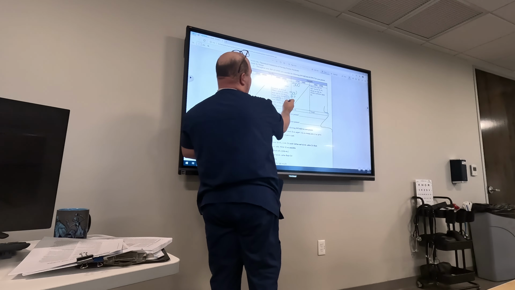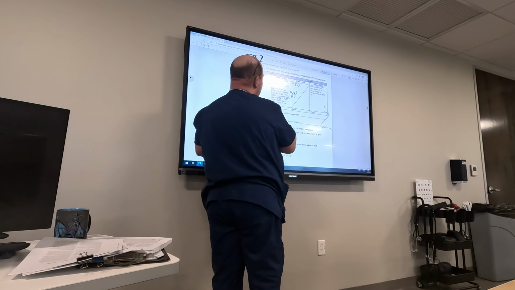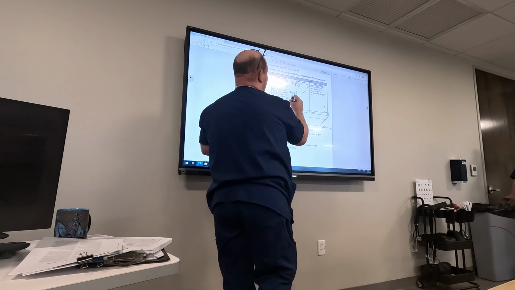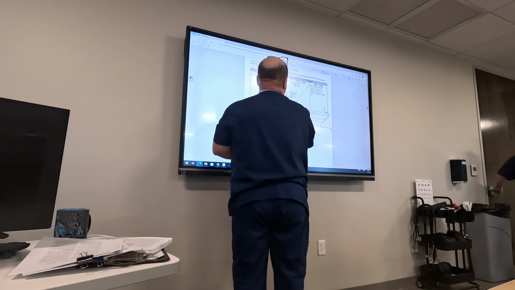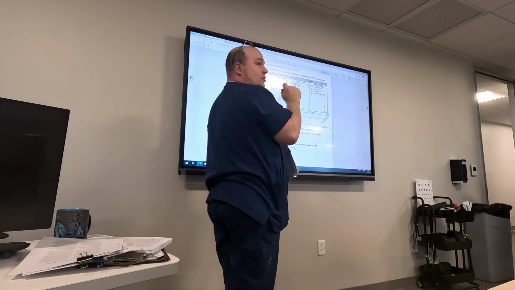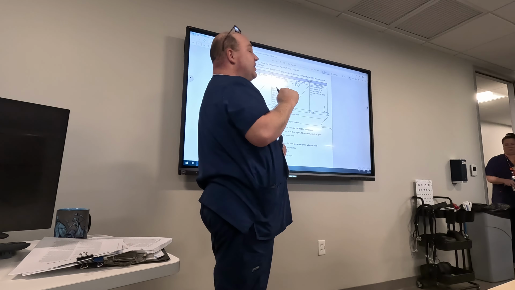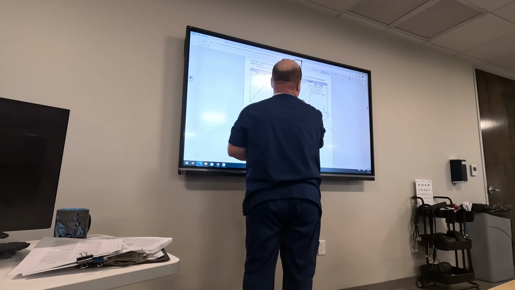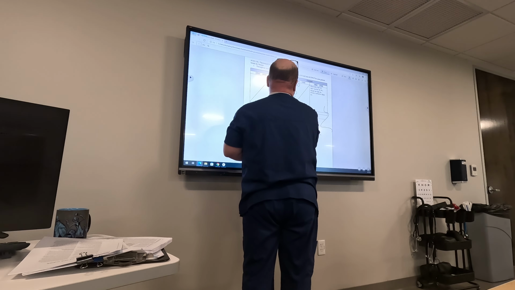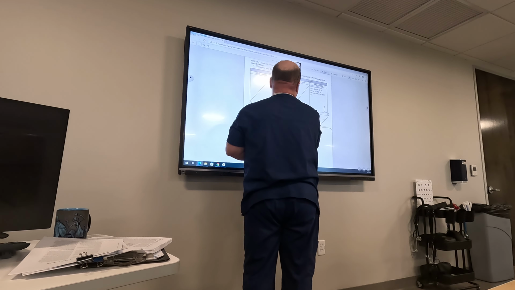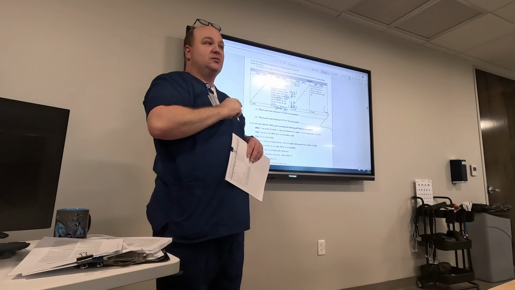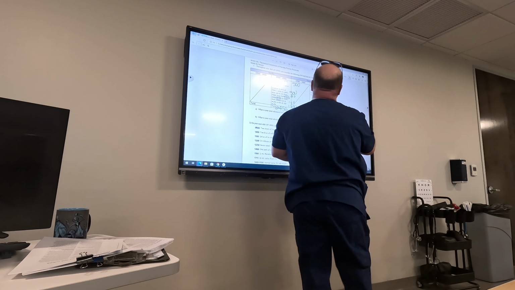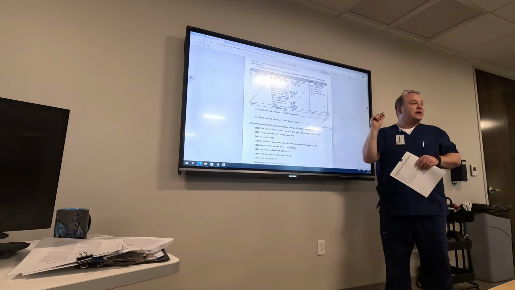We have heparin going at 10 milliliters an hour for 12 hours. So that's how much? 120. And then we have NSS, which is normal saline solution, at 100 milliliters an hour. 1200. For a total of 2450. Okay? Now, we also have to calculate the output, because this is going to help us to figure out